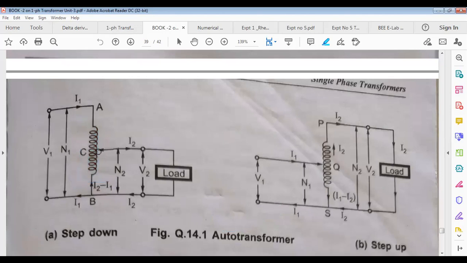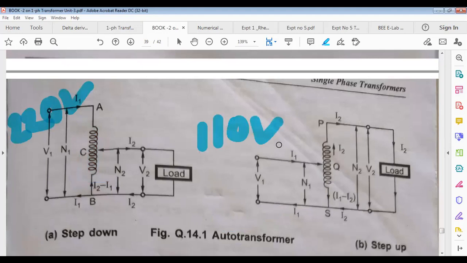Suppose this is the step down. Step down means more voltage is there on primary, suppose 220 volt, and on secondary maximum you can apply 110 volt. So on secondary the maximum voltage you will get is 110 volt, means 0, 10, 15, 17, 18, 27, any voltage till 110 volt you will get on secondary. So this load, whatever I have connected, can withstand only 110 volt. Like this load I am going to connect across the output terminal, not more than 110 volt it can withstand.